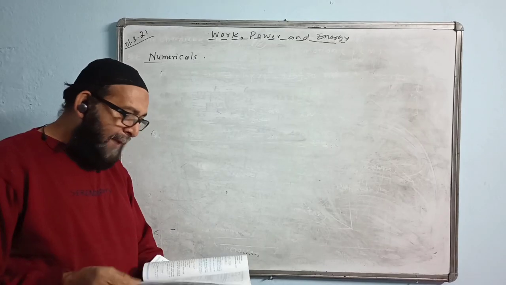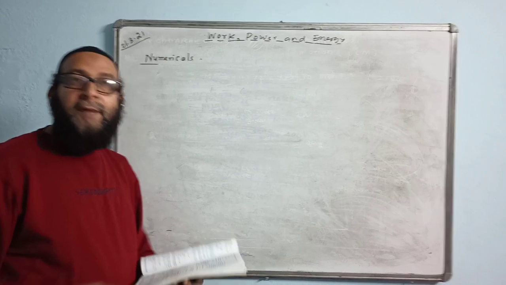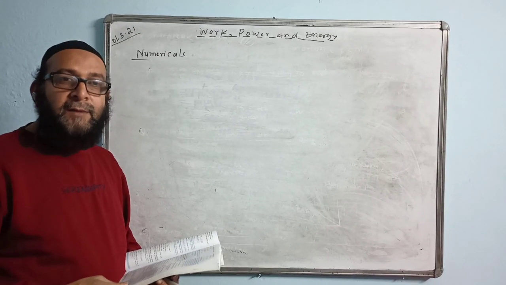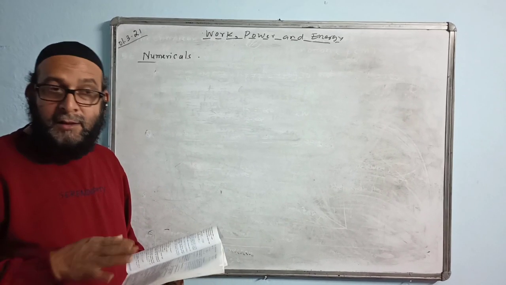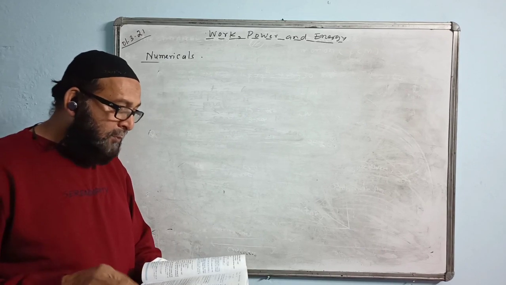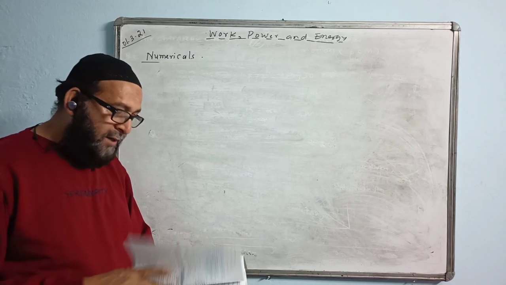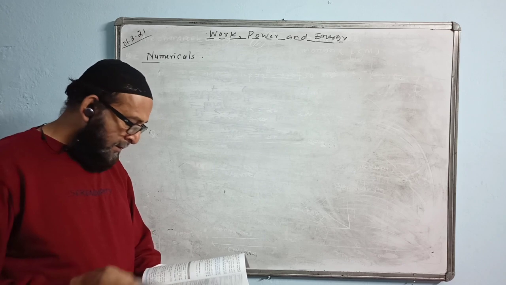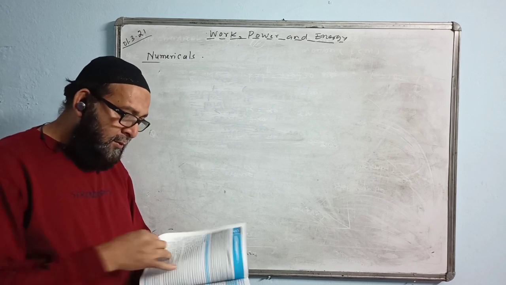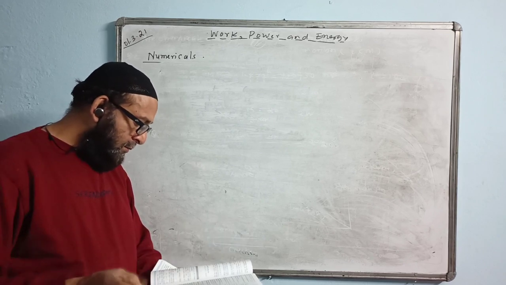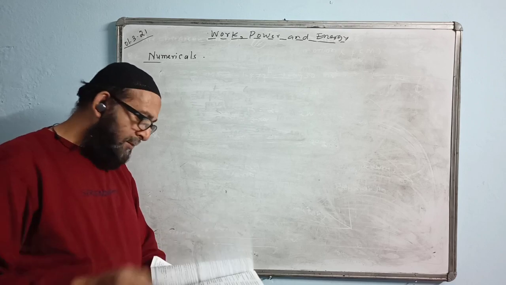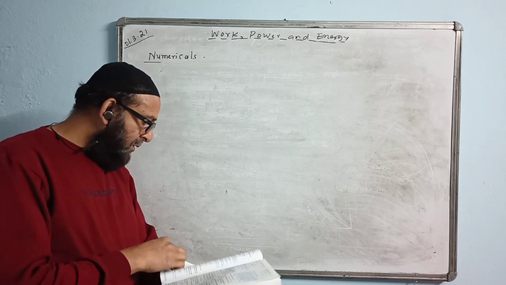Now, what type of energy will we find? Whenever there is a height, what kind of energy can we find? Potential energy. Whenever there is a speed or velocity, motion, we will write half mv squared, kinetic energy. Okay, now we will be doing some problems of that type, on potential energy and kinetic energy.